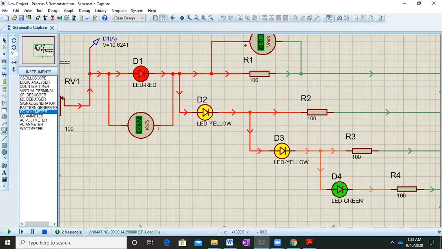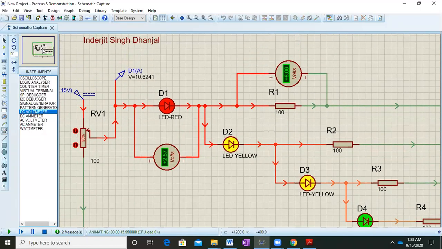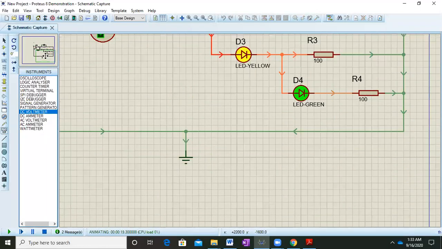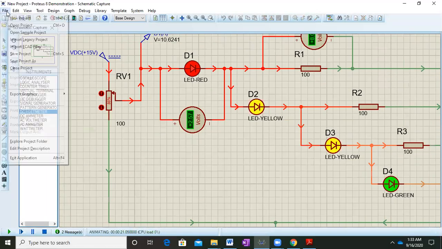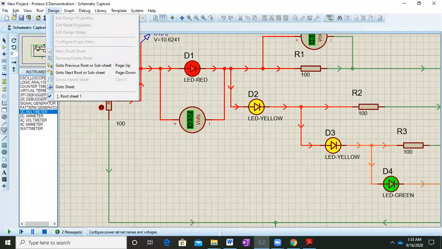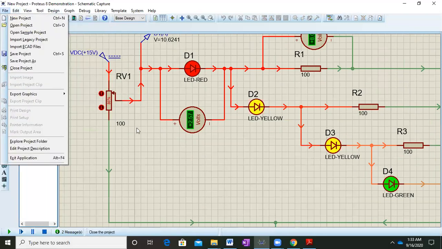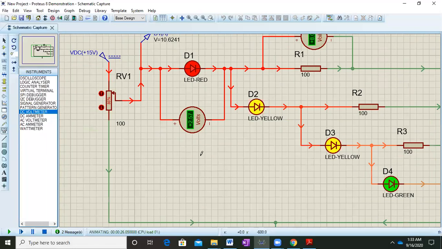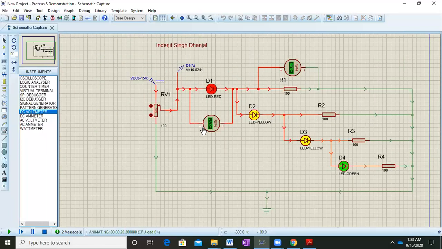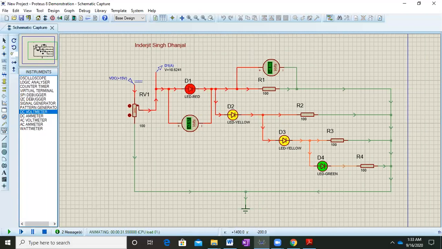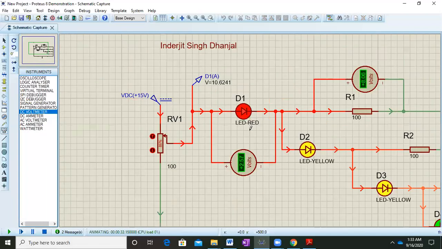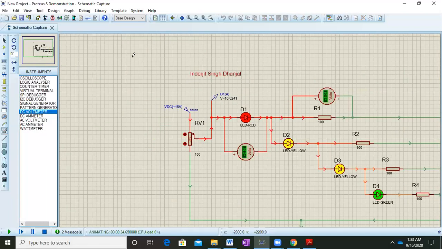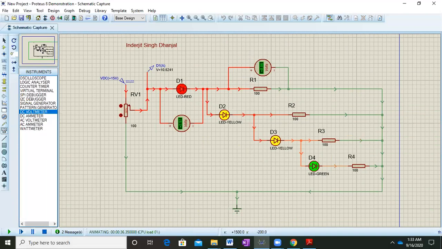Okay. Now the most important thing is, since this is a demonstration version, if I go here and try to save this circuit, it will not get saved because it's a demonstration version. It's an evaluation version, not the full version. So how to save your work? Whenever your circuit is running at various conditions, you can take two to three plots. Let me just adjust this so that the entire circuit comes properly.